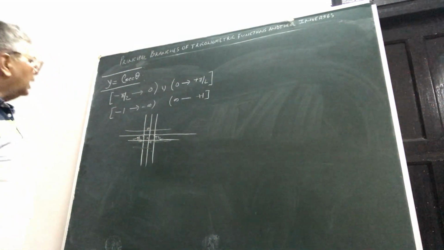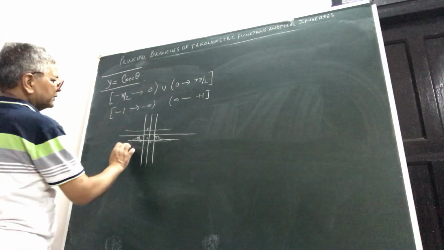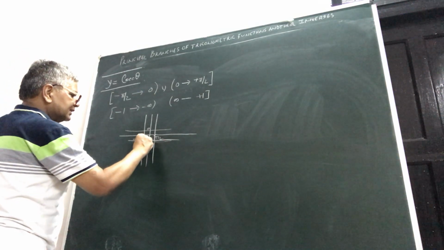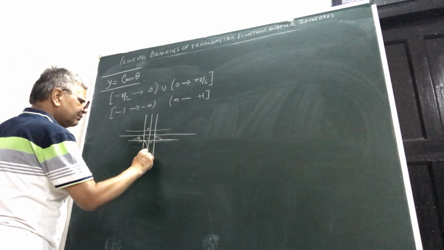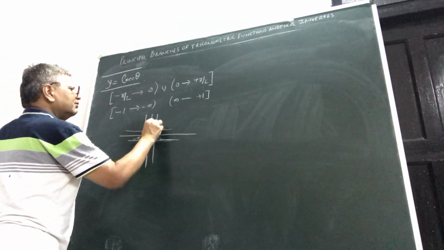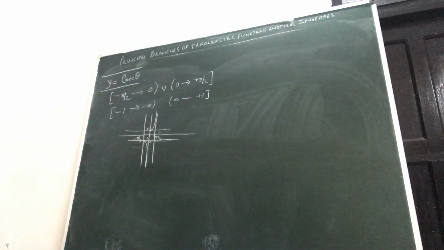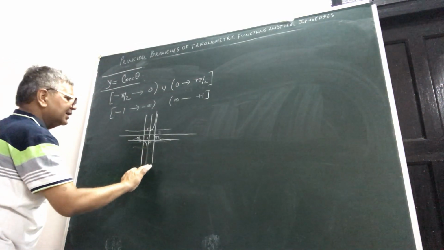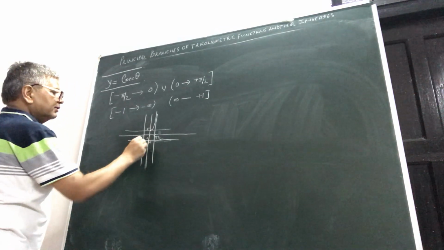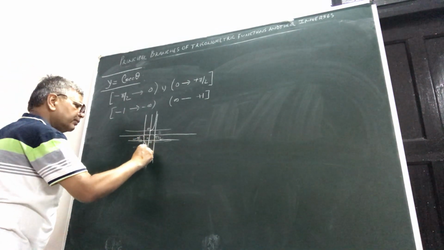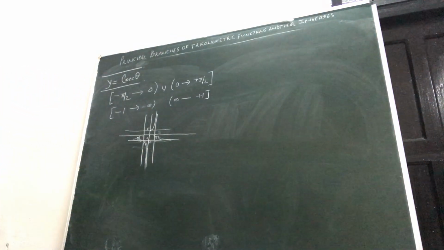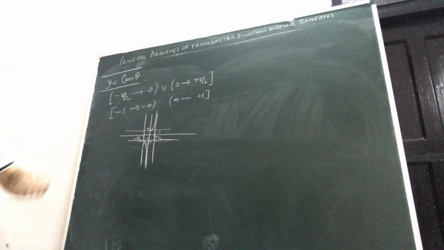Now, what do you do for this minus pi by 2, minus 1 to infinity? Minus 1 to infinity means this is the branch here. And here, see, plus 1 to infinity. So this way it will go, this way it will go. So it is not like this that it will coincide with the x-axis. Please see, you have to be careful. It will be coming nearer to it, nearer to it, nearer to it all the way. So this will be the graph here.